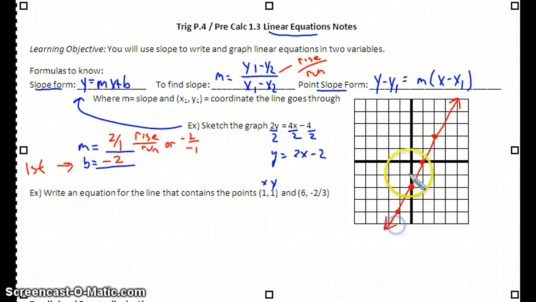One thing I like to do when I'm all done is I like to check to make sure, if this says that it was a positive slope, that my graph has to be coming off in this direction. And the way that I remember that is I just draw an up arrow. This side is positive, this side is negative. And so that I can